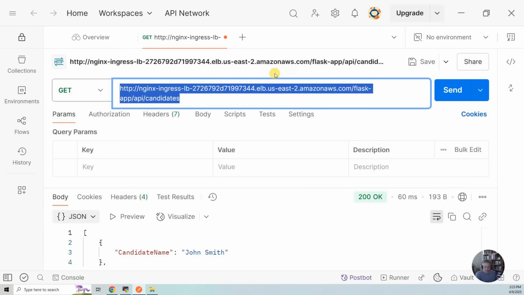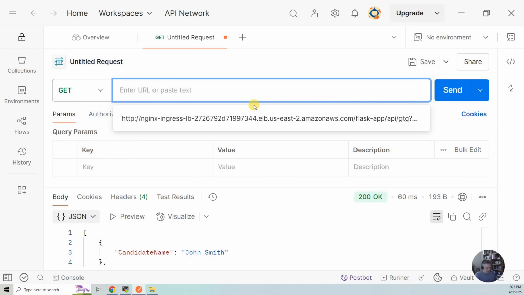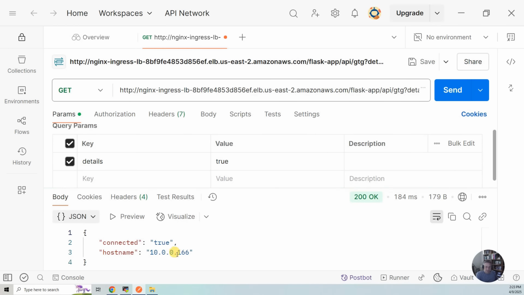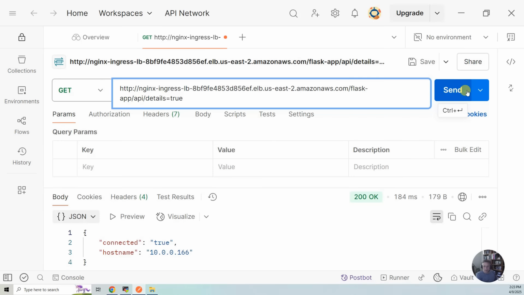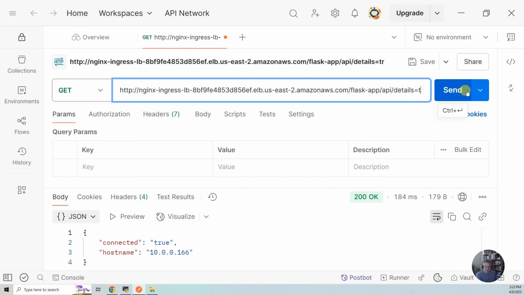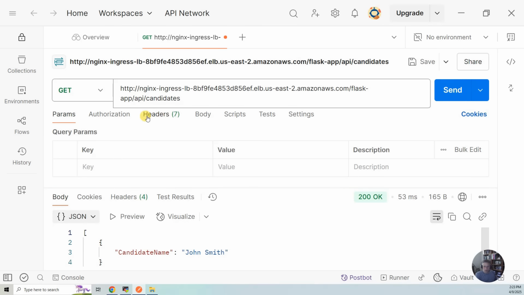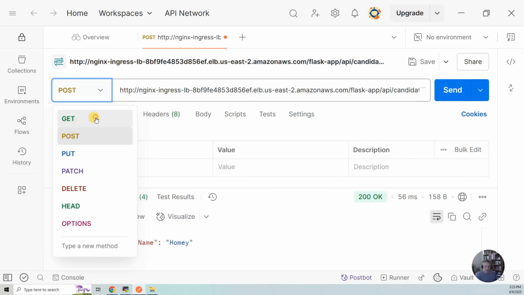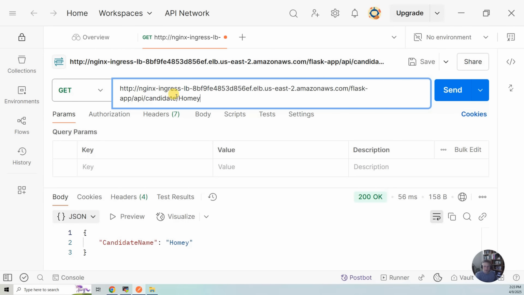We're going to go to Postman, put it in here and hit send, and you're going to get the same sort of thing you got in the other exercises. We can also do candidates, and you can see there's one, and then I can do a post and send, and then go back to the get and do candidates